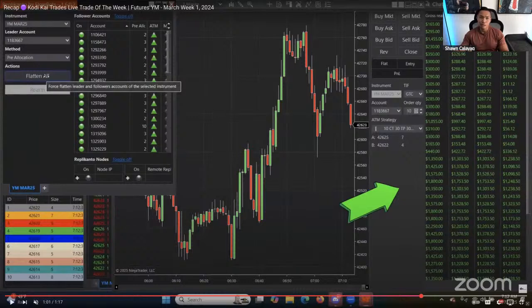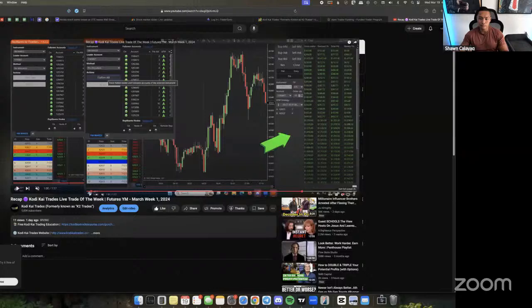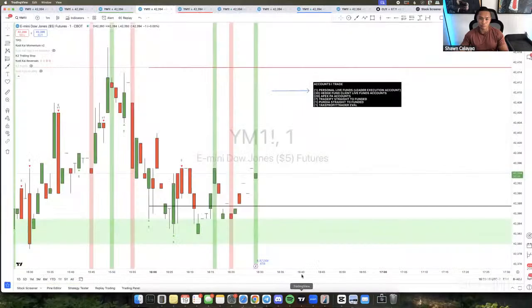That's weird. And then I was like, oh, flatten all, and then I closed out of it because I was still in the position. So yeah, it's always safe. I would do that just as a precaution, even if you know the trades are all closed out. I would just do it to be sure, because the last thing you want is to pull up your computer later and realize one of your accounts is blown because it didn't close out.